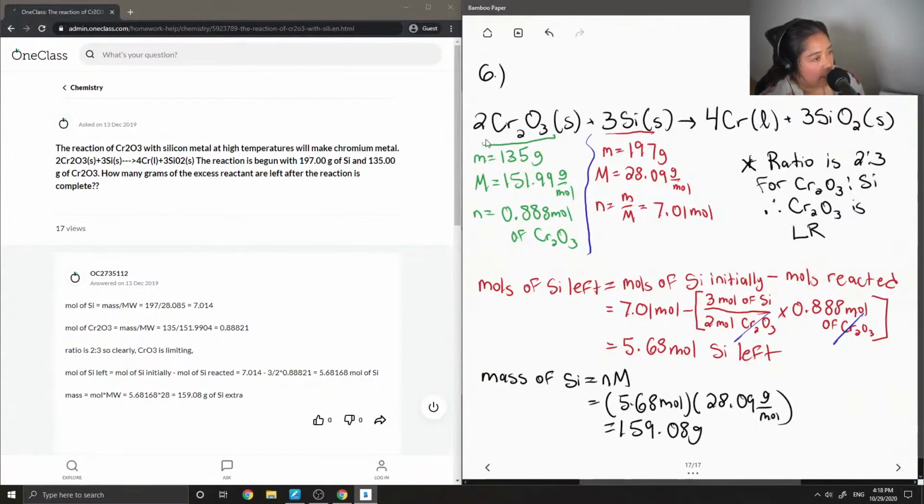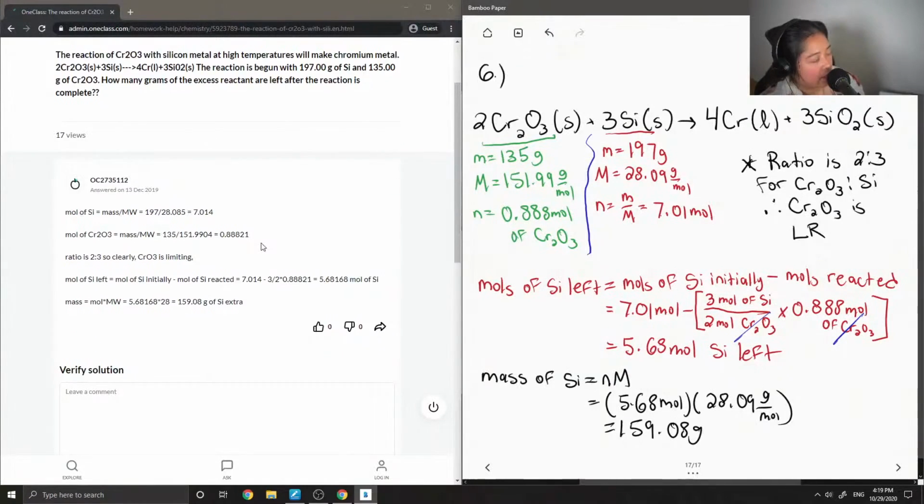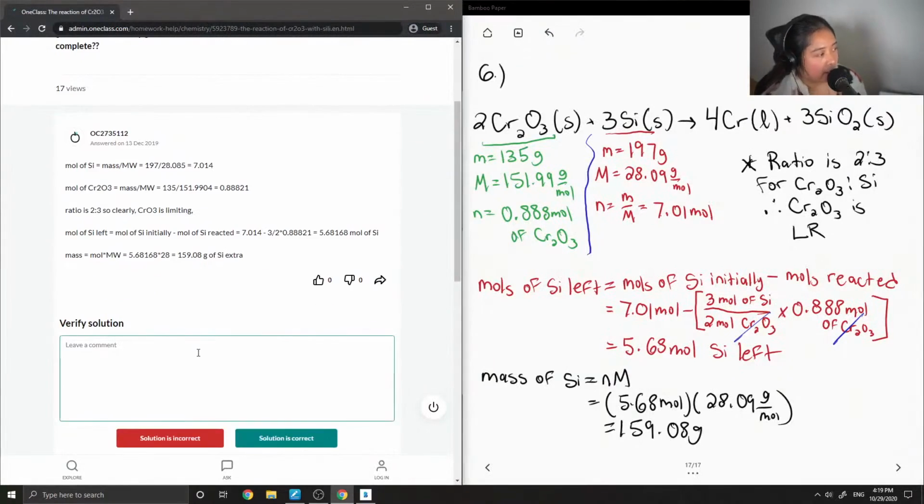So if we look at the answer from our junior tutor, they did the exact same thing. Okay, so let's